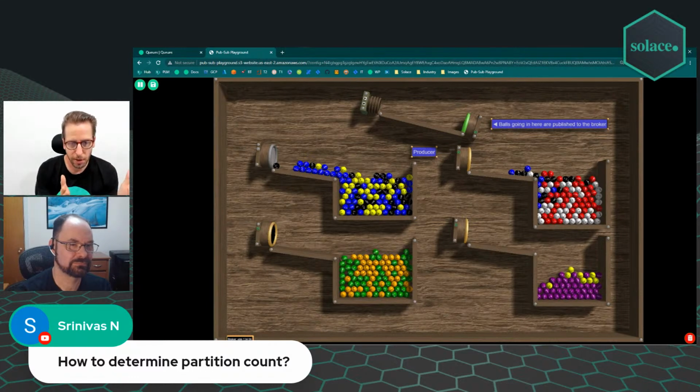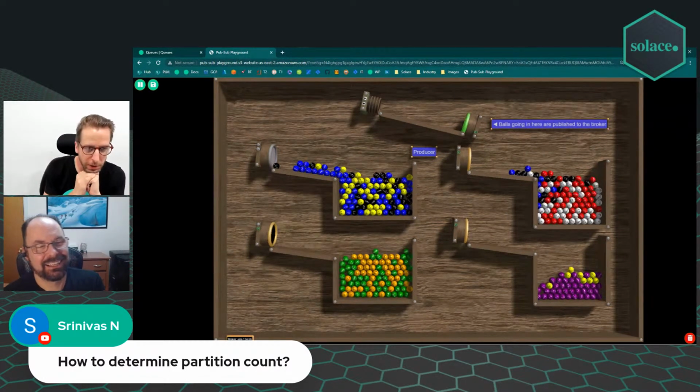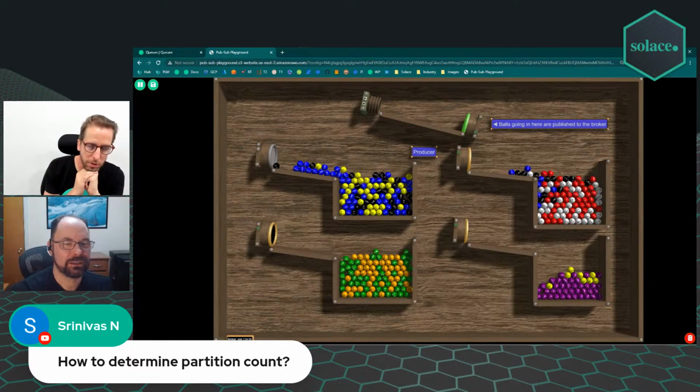10,000 messages a second into your queue, and each consumer can possibly do 1,000, then it sounds like you're probably going to need 10 partitions in order to keep up with that load and have it partitioned. Well, more or less, right? I mean, I guess it's probably somewhat experimental, right? Because you could have some partitions that are hotter than others. Yeah. I mean, I would guide you to,